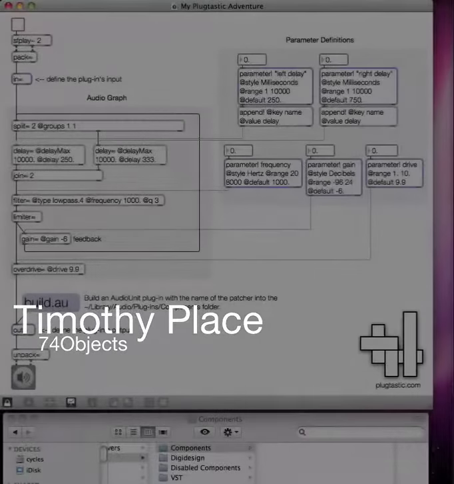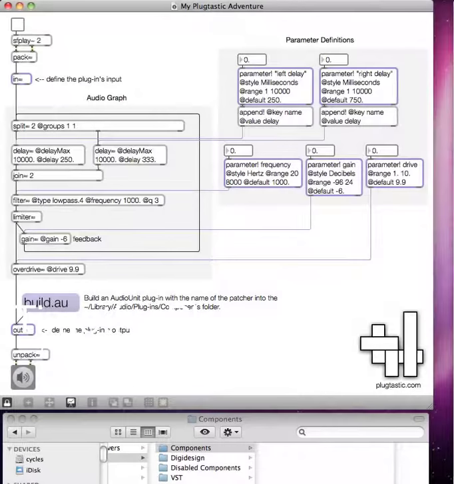I have a sneak preview of something called Plugtastic, which is in development by 74 Objects. Plugtastic is a way to turn a patcher made in Max 5 into an AudioUnit plugin. So if we take this patcher right here that's in front of us, we can divide this into three main